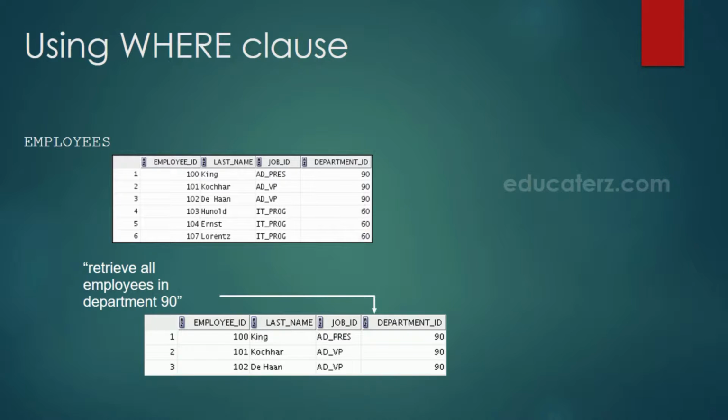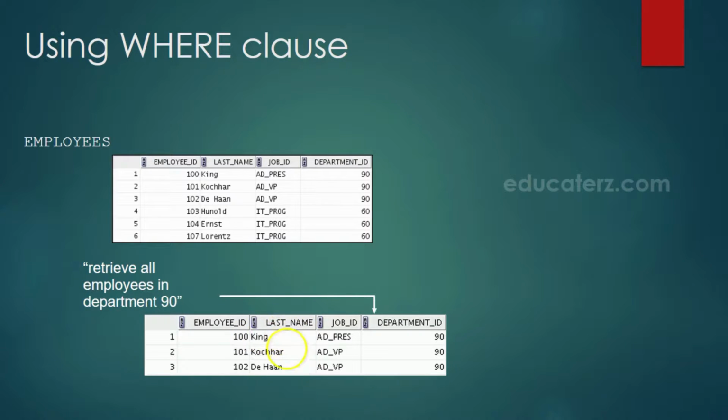You want to query the list of employees who are working in department 90. Then you can write a query using the where clause. The result will be displayed like this. This is the main list. On the top, the employees table has all the employee IDs, last names, job IDs, departments. We have various departments, out of which we want to retrieve only employees belonging to department 90.